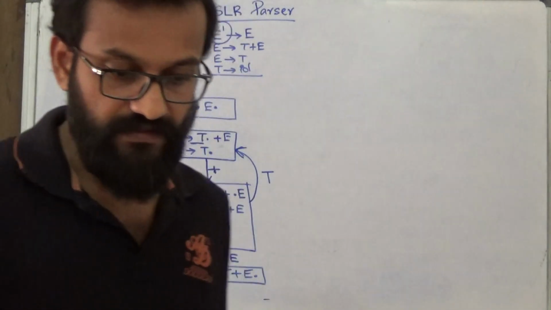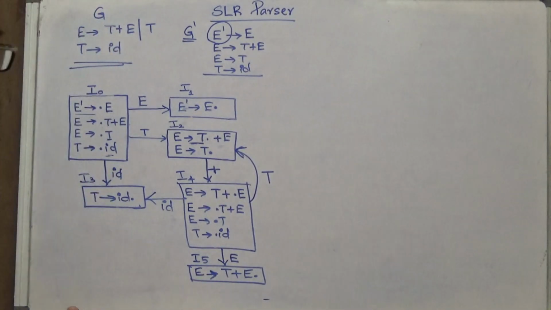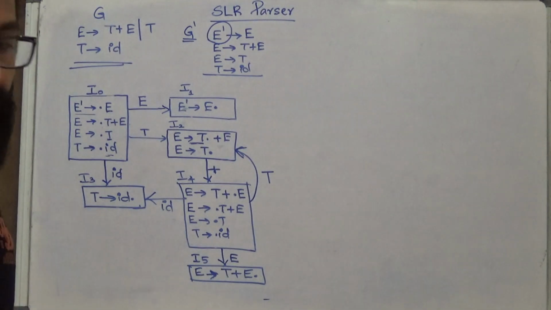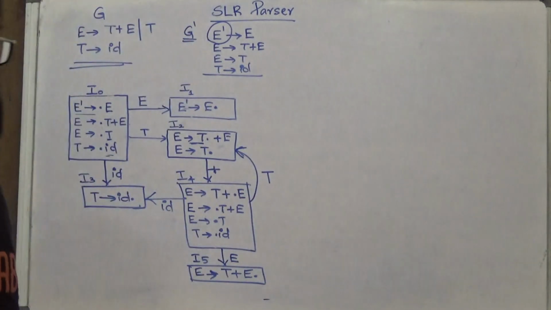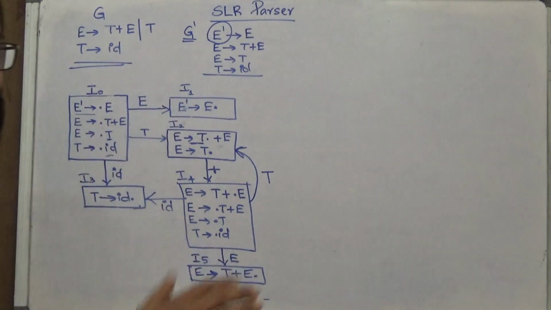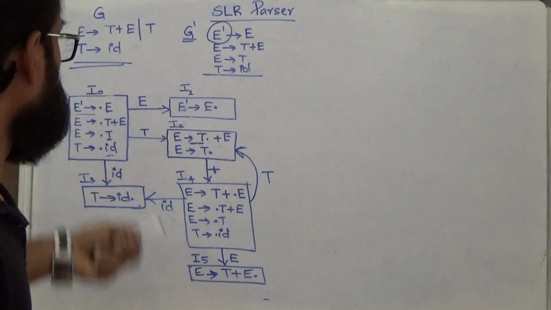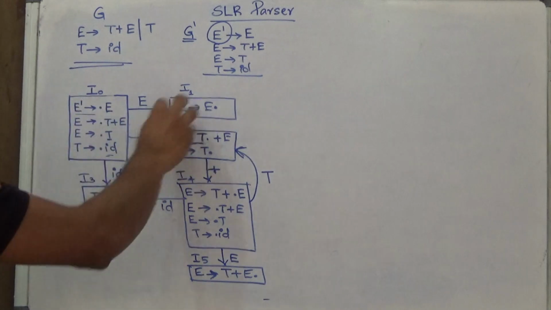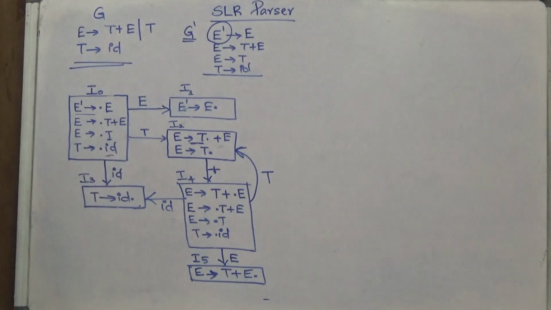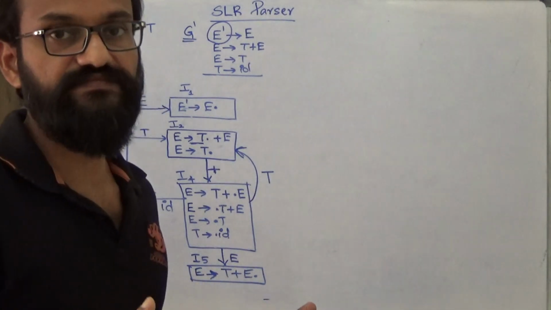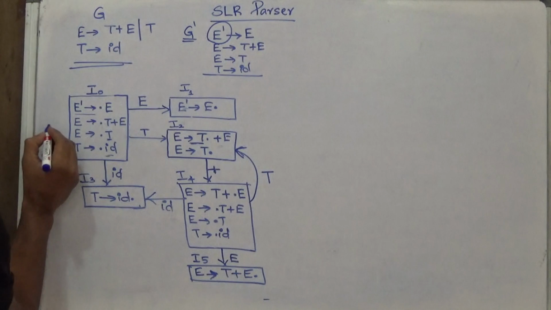So the first step is to construct a deterministic automaton from the grammar based on the LR0 collection of items. These items are said to be LR0 items because you are not adding any additional information to the item set. Nothing is added as additional information to each item in the item set. So this is an LR0 item, this is another LR0 item, this is an LR0 item set, this is another LR0 item set. So you have a set of LR0 item sets, and there exist transitions between these item sets, and you can treat this as the starting state.